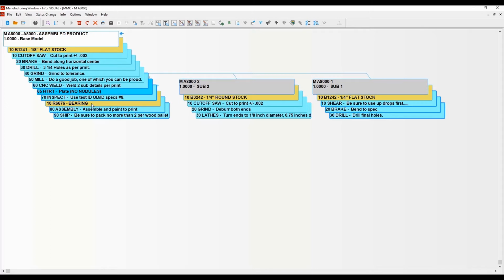And then you can see here I need a bearing at the assembly operation, and the bearing is actually associated to that particular operation, so I know that I don't need the bearing in the beginning. And Visual knows when it schedules that it doesn't need it in the beginning, so it won't create a constraint on the material knowing that it doesn't have it, because it might say, well, it's going to take you 2 or 3 days to do all of this, so you don't need that bearing for 2 or 3